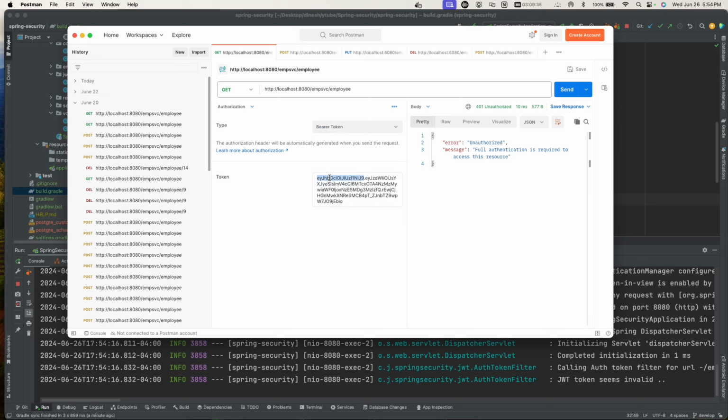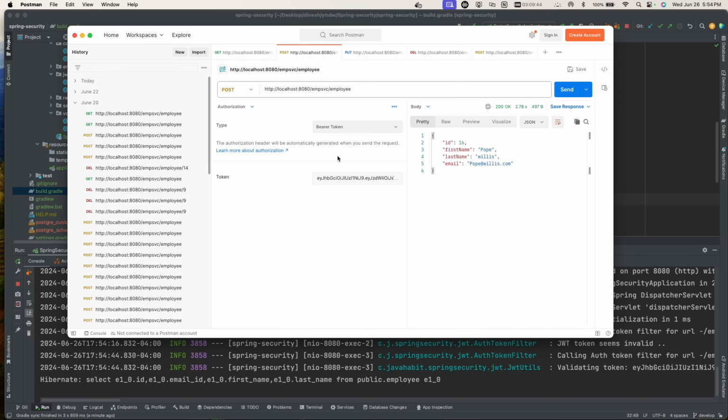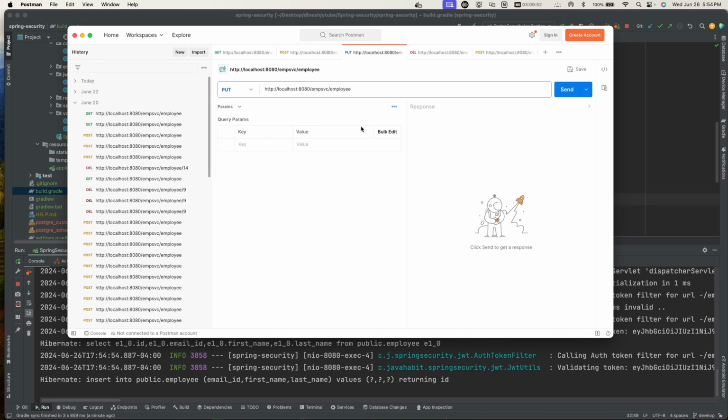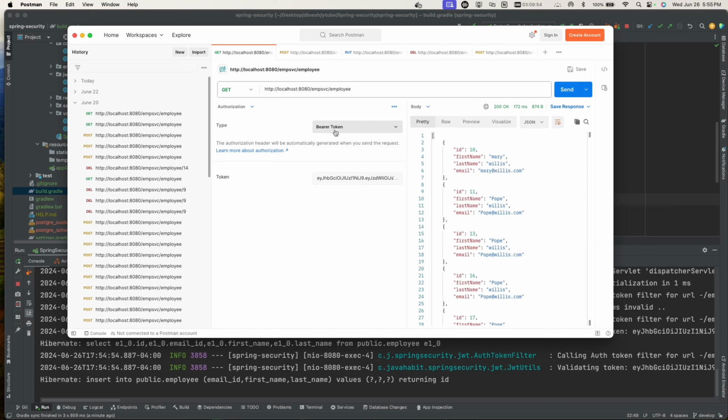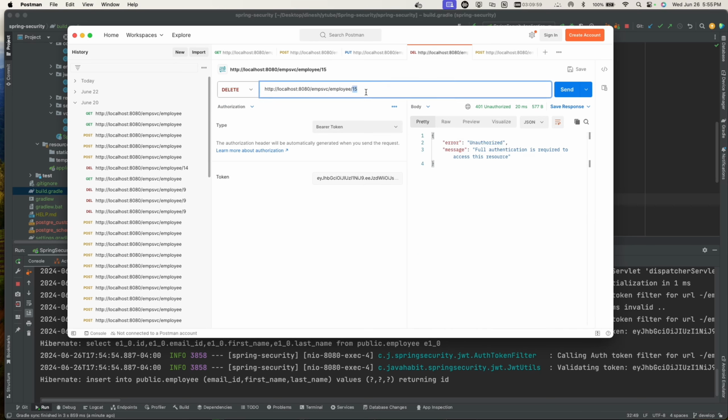So I'm going to be replacing the bearer token over here, and you can see I can get the value. But let's see, we had to use Larry, right? So Larry should be able to get and also create a new one. So yes, Larry is able to do that, but will Larry be able to delete? That is only for admin, and Larry is not admin. So let's try